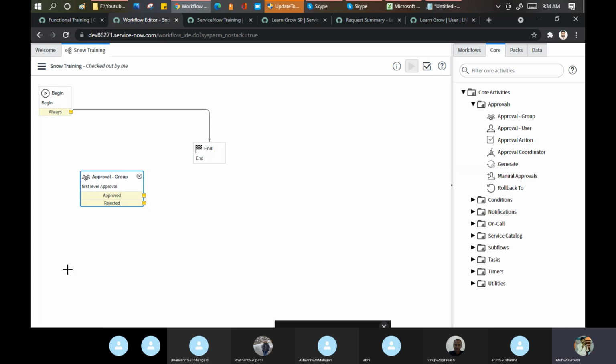Okay, any doubt, any question till this point? Tell me, guys. Atul. Yes, please. So we'll have to attach this between the begin and the end, or how is it? I did not reach there. I just asked if there is any question on this point. I'm coming to that point, Vinod. Sorry. Any question, any understanding needed on the approval part?